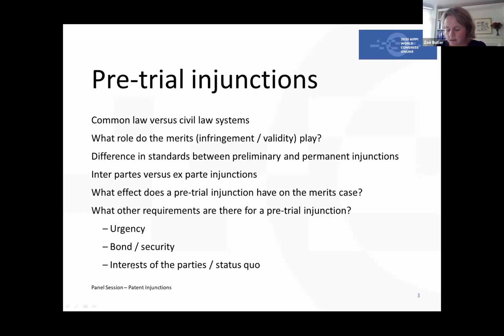I think, as Mamta said, you should move as quickly as you can. So unexplainable, inexcusable delay is likely to be fatal. But there's no hard and fast rule. There's no "within a month of learning of the infringement" or anything like that. The court's going to look at it in the round, and I think where it often typically would play in